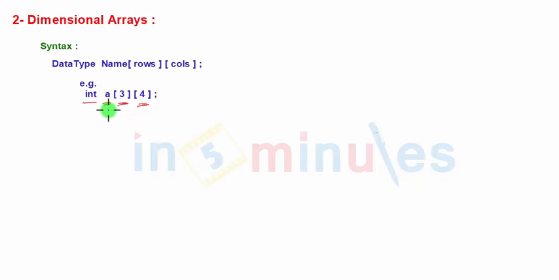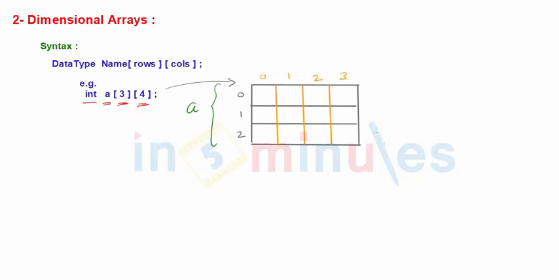Only for accessing the array elements and working with them very easily, we assume them as stored in the form of 2 dimensions, that is rows and columns. Now how will I assume it? Let's see. It is assumed like a 2-dimensional arrangement of numbers. Here this complete thing is an array. That grey box represents the array, and the array has 3 rows, namely 0, 1 and 2, and it has 4 columns, 0, 1, 2 and 3. Now obviously it's a total of 12 integers defined, so it will be 12 into 2, that is 24 bytes of memory. Now here each element in the array is an integer and it is known by its row index